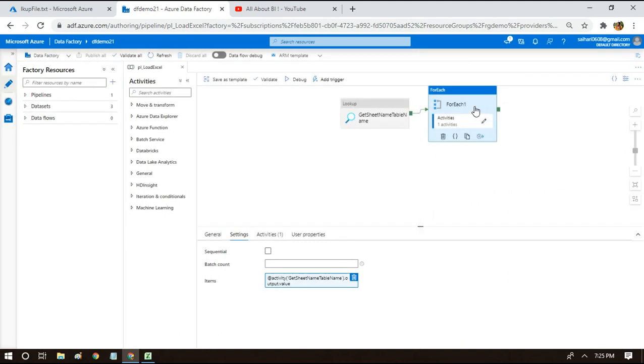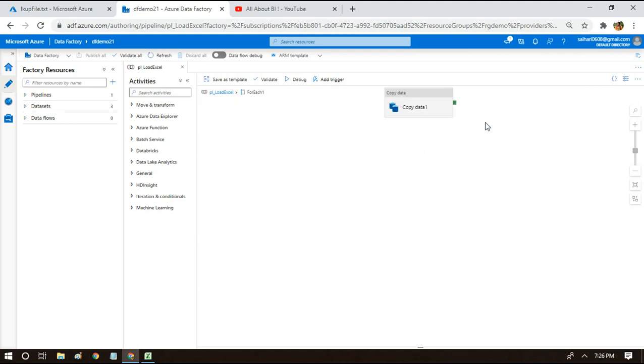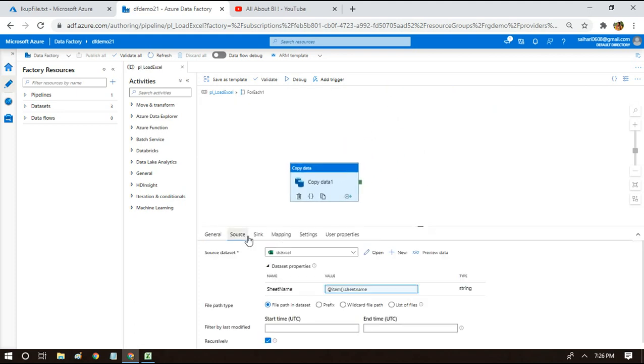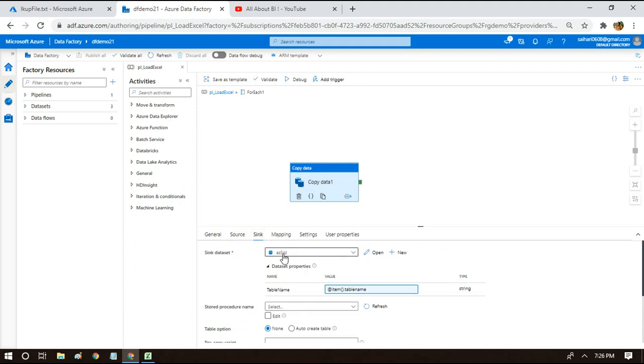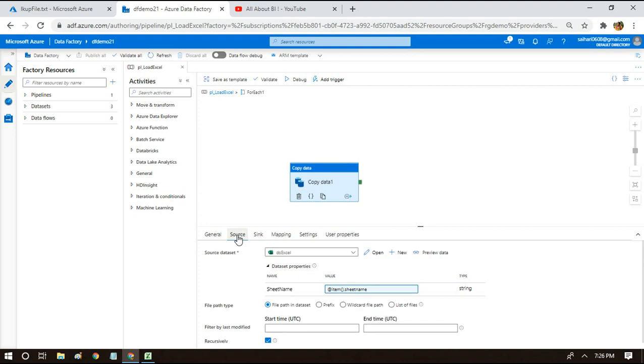Inside for each loop we'll just have a simple copy activity, but here the source is going to be my Excel file and destination is going to be my Azure SQL database. But each time the sheet and the table differs.